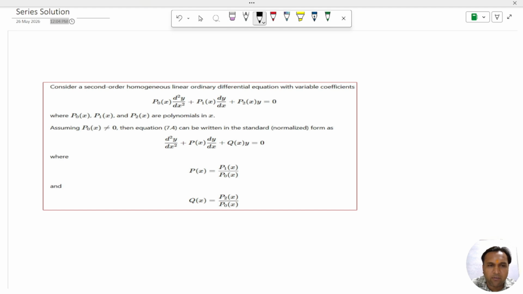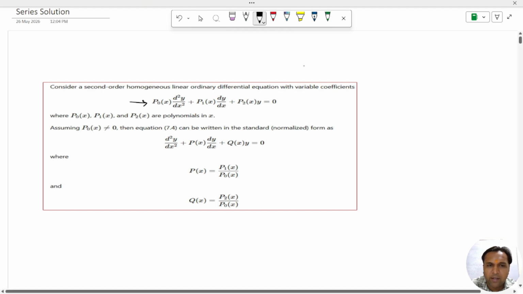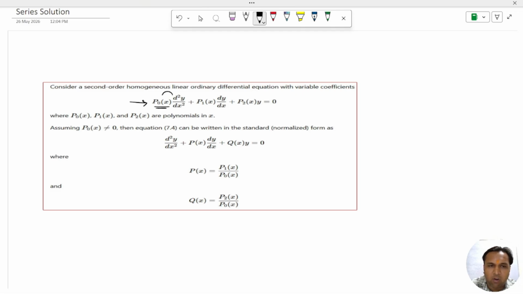In that case, whatever series you have been given, you have to divide the whole series by the coefficient of the differential equation. Whatever is beside d square y upon dx square, that is your p0x. You have to divide each and every term by p0x. So it becomes p1 upon p0x. If I divide the whole equation by p0x,